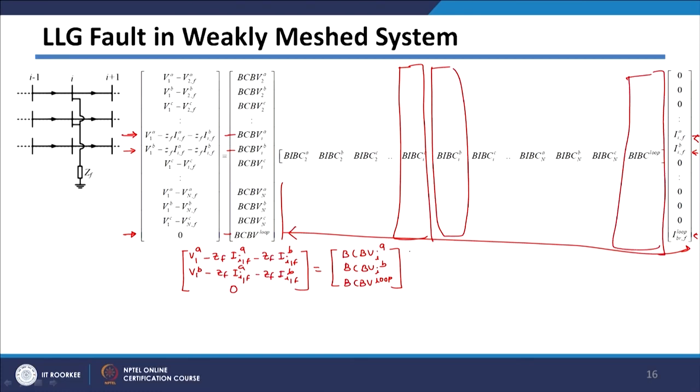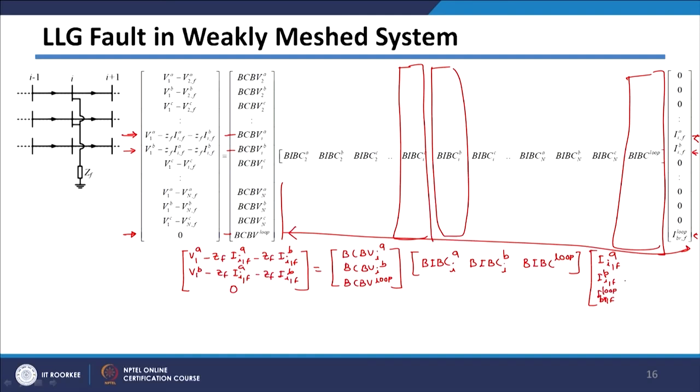In this case I can just write this part of the matrix, which will be BI BC corresponding to A phase, BI BC B phase, and BI BC corresponding to loop forming branches, and which will get multiplied with fault current in A phase, fault current in B phase, and fault current in loop forming